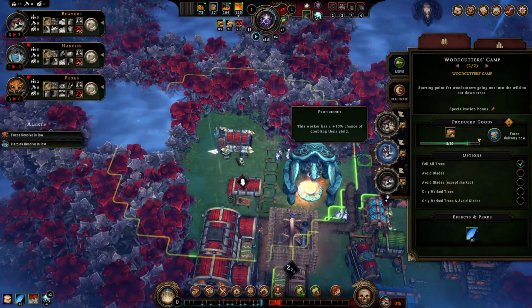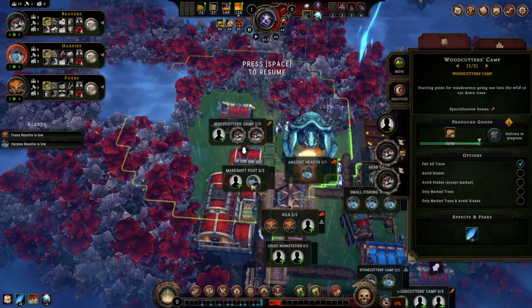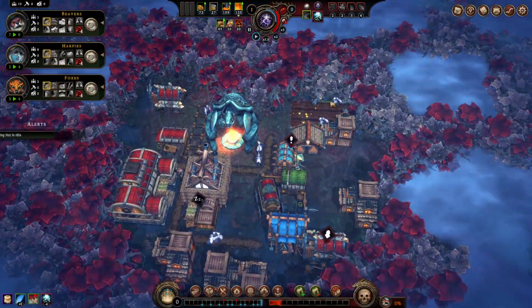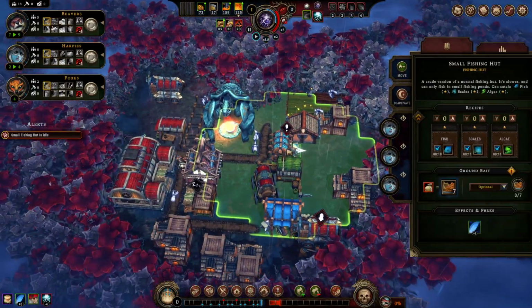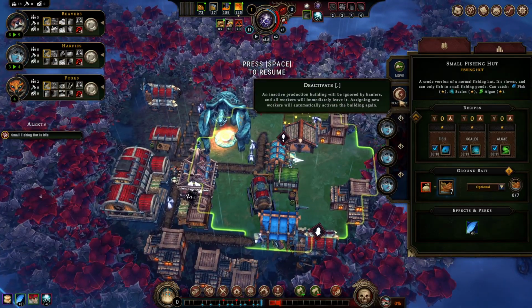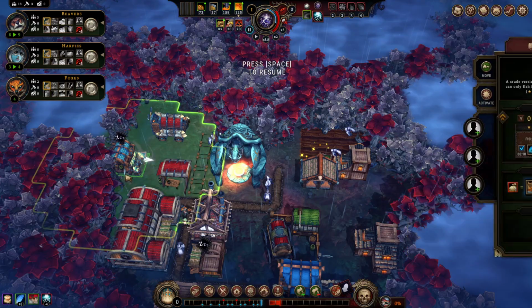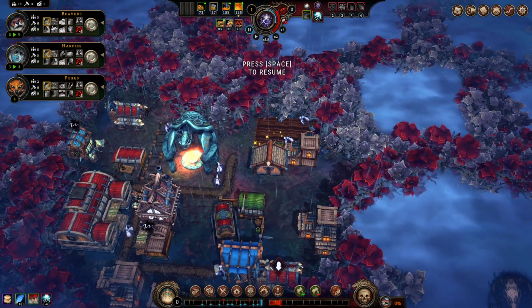We'll wait for them to deliver. I think this one finished first. And then we will put this beaver to provision making. I don't think they're going to do... actually, well, now with this hut idle, we can deactivate it for now. You never know when we might need it. But I guess into here...